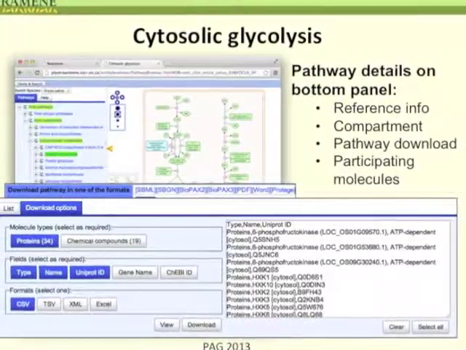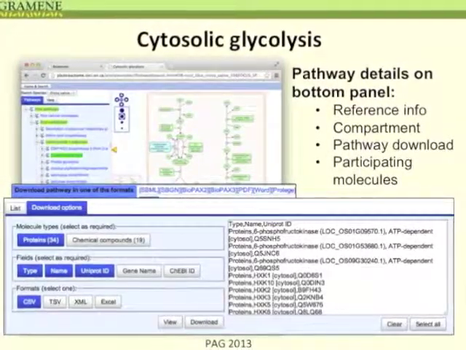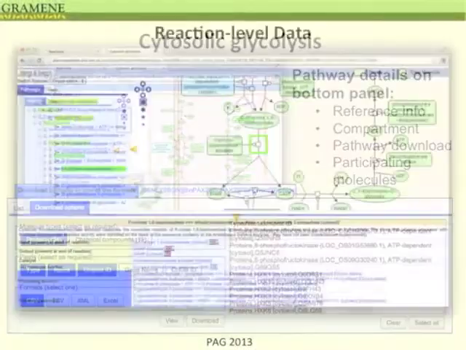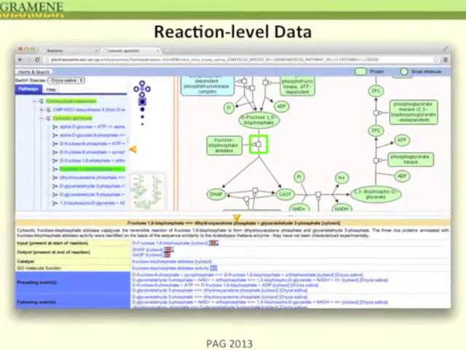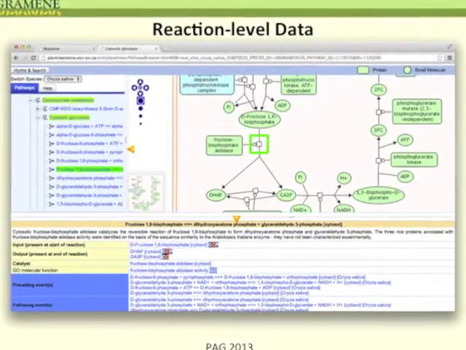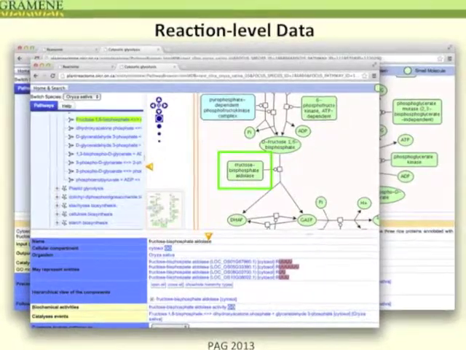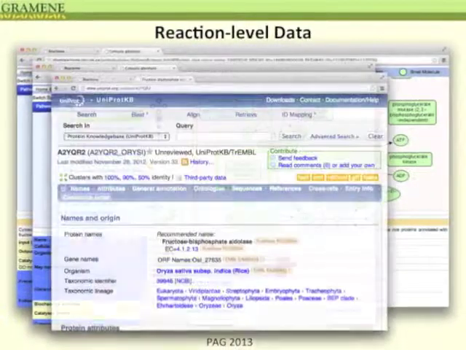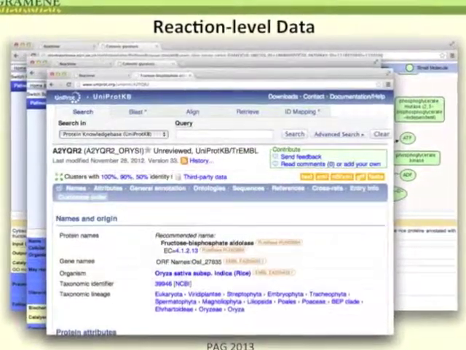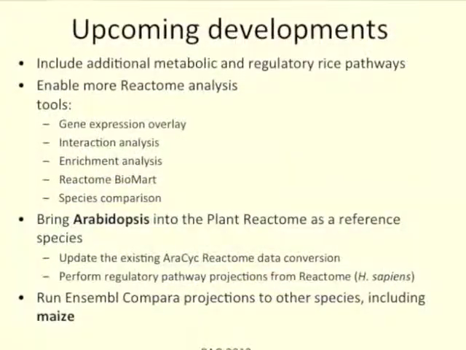If you select a reaction node within a pathway diagram, you can take a look at the reaction level data that's available. The information in the bottom panel below the pathway diagram in the pathway browser will change and show you that reaction level data, including the inputs, outputs, and catalyzers for that specific reaction. It will also allow you to link over to cross-reference sources for participants in that reaction, such as the data